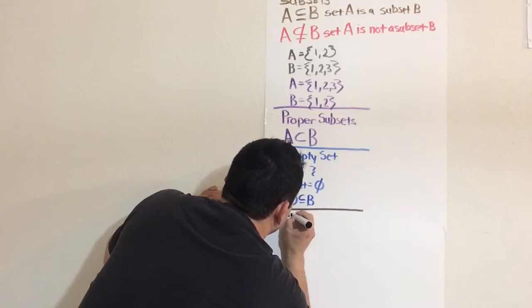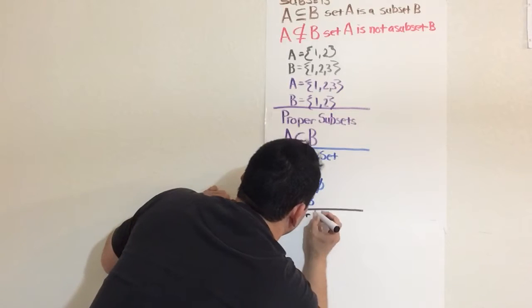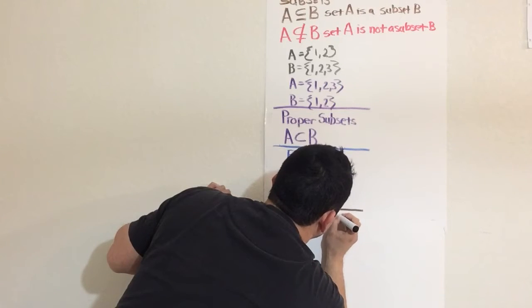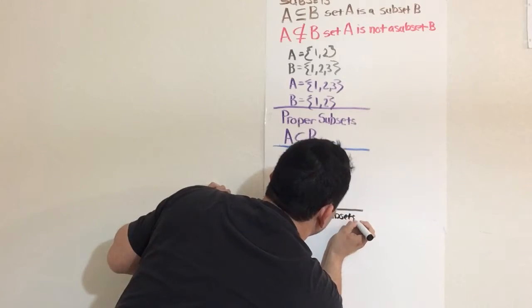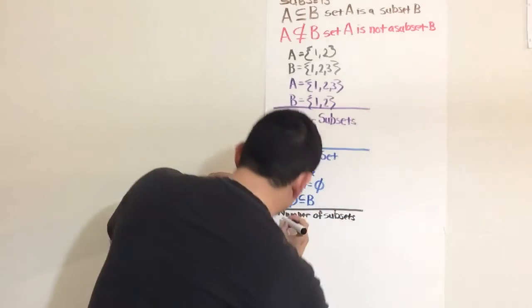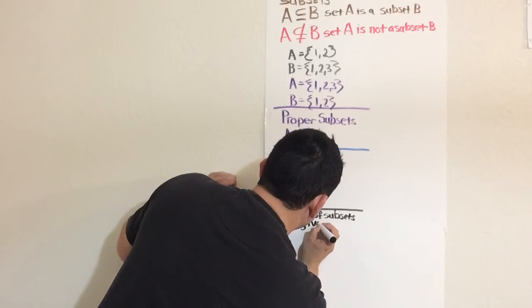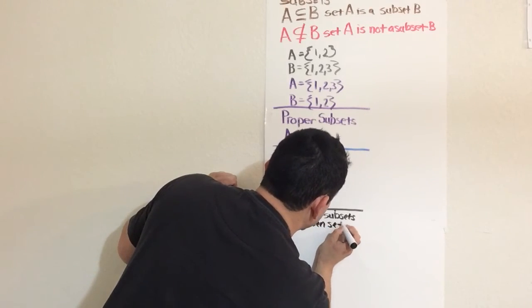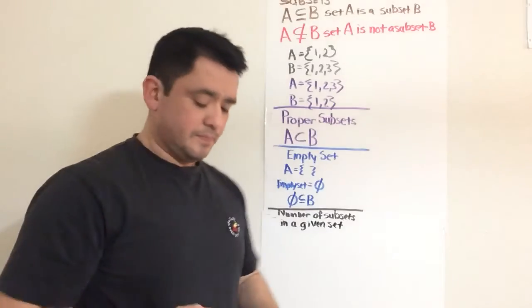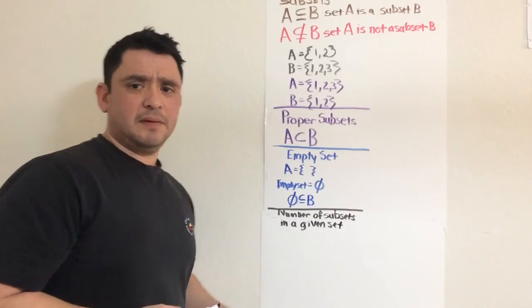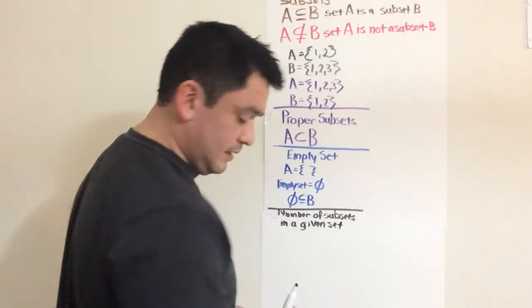Number of subsets, excuse me, in a given set. Okay? Now, we might be able to do it there with that space, okay? So,